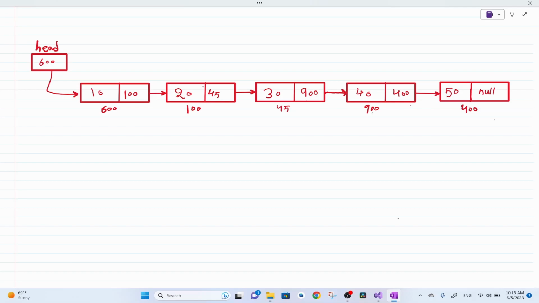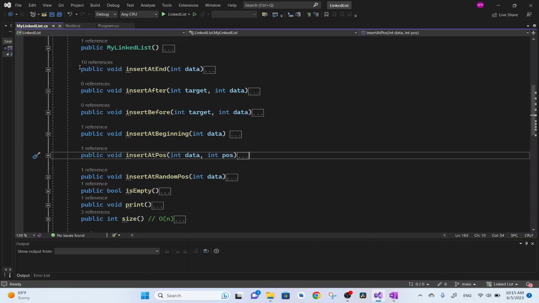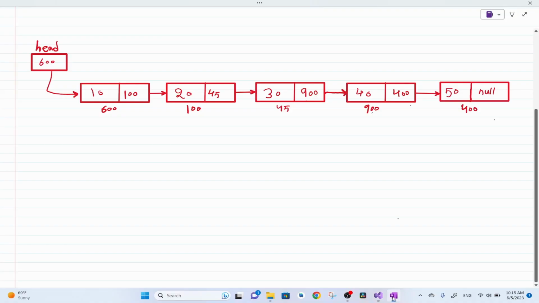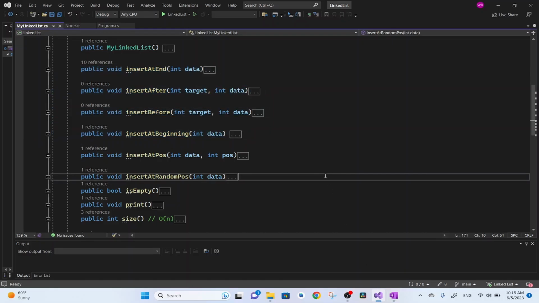Hello everyone, welcome back. So far we have learned a lot about insertion operations on linked list data structure. Today and in the subsequent videos we are going to talk about deletion operations on linked list data structure. Mainly this video is going to be about how to delete an item or a node from the beginning of the linked list. If you guys know how to insert at a different location in a linked list data structure,